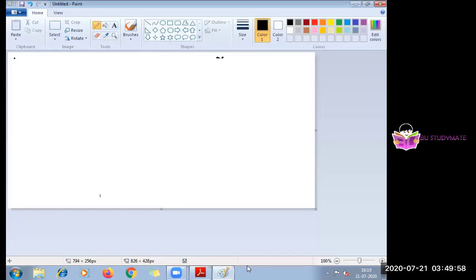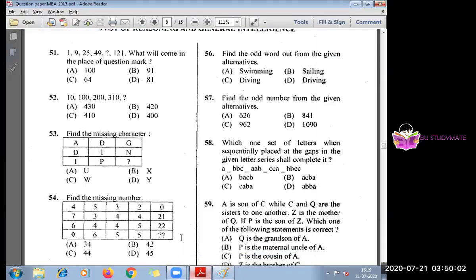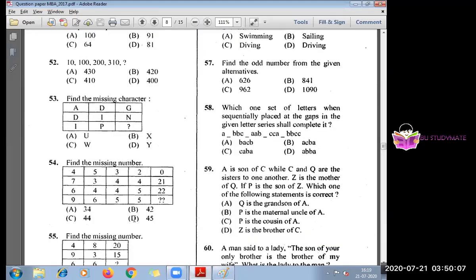So next question is find the missing character. Yeah, that's what I told. When you appear for the letters, try to be thorough with the letters and number position. It will be easy to solve. Instead of writing all the 8 to 26 and then finding out for each and everything, it will be time consuming. Better you learn and be thorough with it.